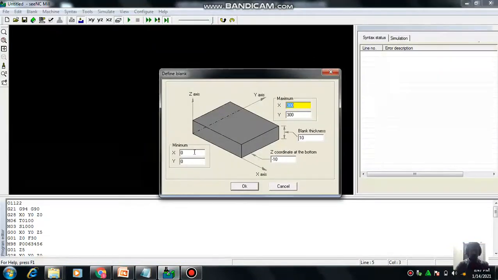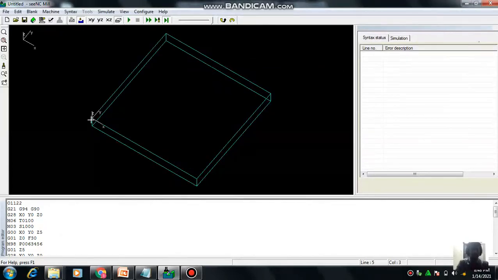So here it is 0 comma 0. It's the left corner, we are going to take this, and the right corner 100 comma 100. This is the rightmost part of these two. And the thickness, blank thickness is given. Now the thickness should be reduced here because the Z coordinate system normally lies at the bottom, but for us we are considering from the top. So just to shift this, we are going to use -10 here. So this will be shifted and it will be here.